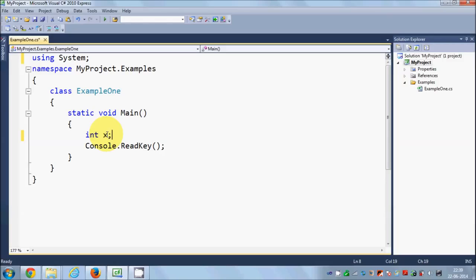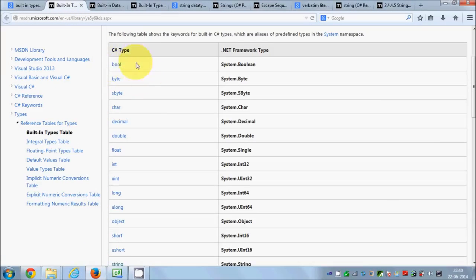x, right? So this int is a data type which gives us the information that the variable x is a variable which is used to hold integer values. Like this int, there are more data types in C Sharp which we can use in different situations. Now, in order to see these built-in data types, we can go to the MSDN website, which is